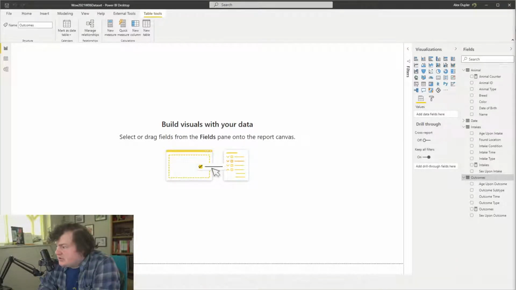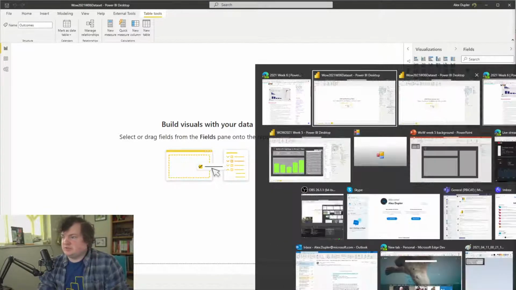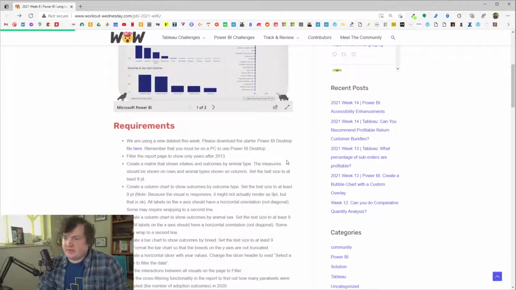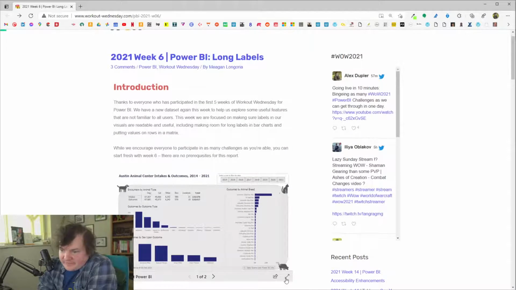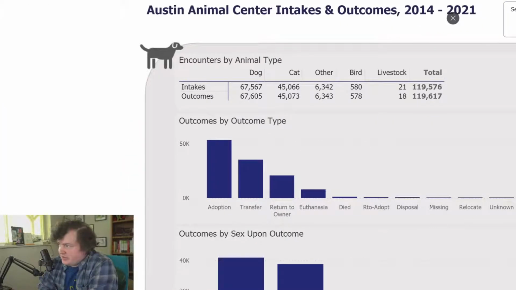It says that we should filter the report page to only show years after. Well, let's bring the challenge back up and see. It says that we should filter the report page to only show years after 2013. So we can select,